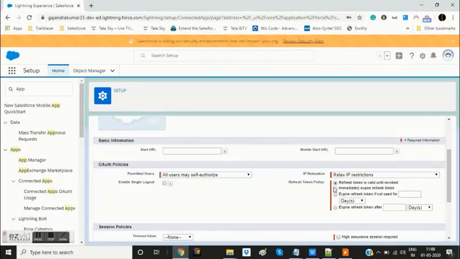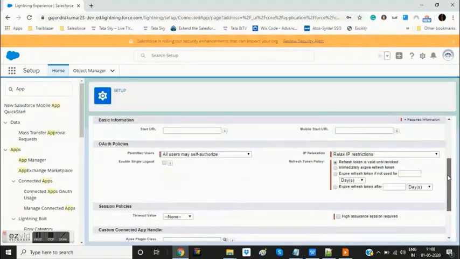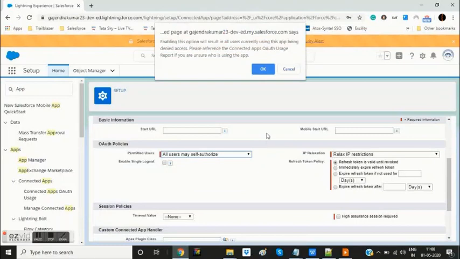Okay, and it says permitted users. The default value is all users may self-authorize. We have two options available here. One option is all users may self-authorize, another option is admin approved users are pre-authorized. So what does it mean is, for instance, let us see, if I choose a value as admin approved users are pre-authorized,